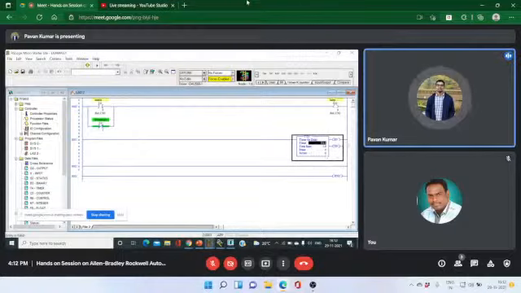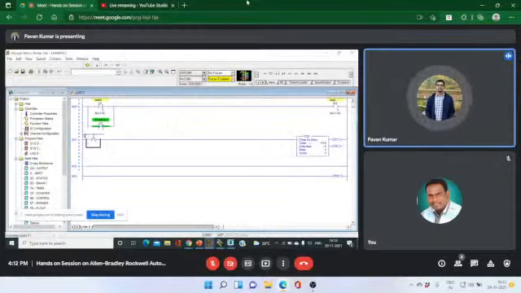And here we have 2 bits, that is the enable bit and the done bit. The enable bit goes on when the timer is energized. That means here we don't have any input to the timer, so I have to provide one input. Take one switch.